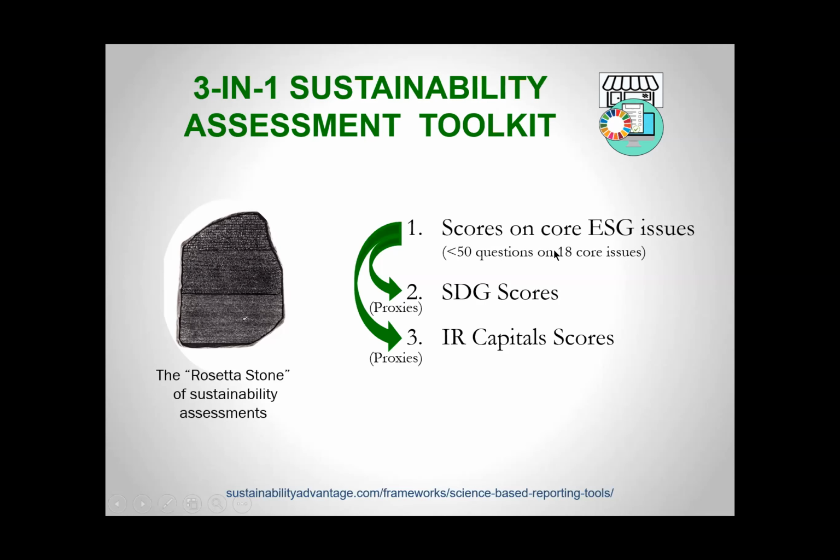I'm on version 6 of it, and so far I've been able to keep it under 50 questions. And it asks about how the company is doing on those 18 core issues that I showed in that colored left-hand column, and the things that I showed on the business model. So it's those kinds of things. Once we get the scores on those, what Excel helps us do is it takes those scores and it shows how you are doing on the associated SDGs. It uses those scores as proxies for related scores on the SDGs and related capitals. So it's pretty straightforward, and I'm going to show you a little bit more about that.